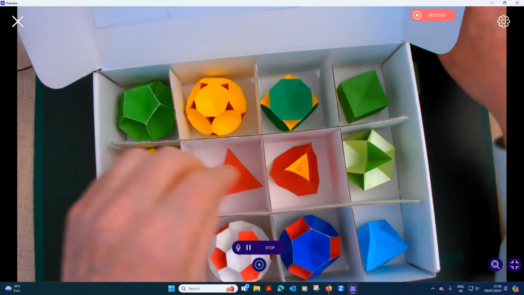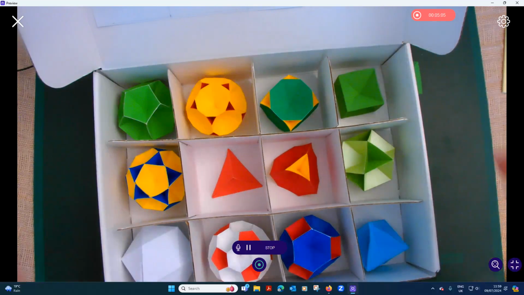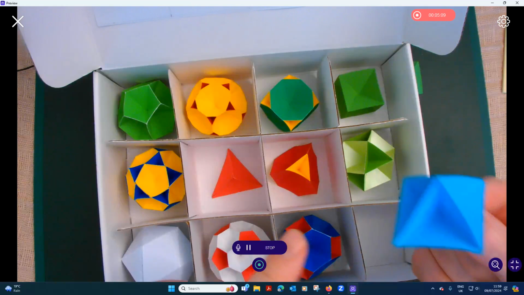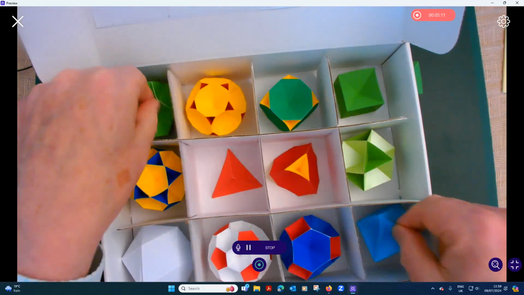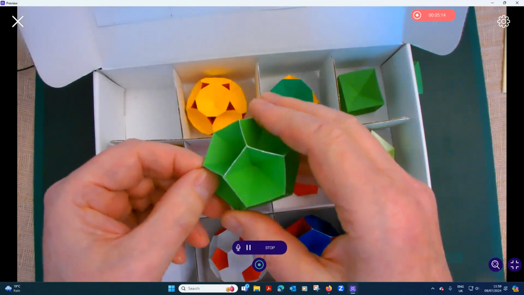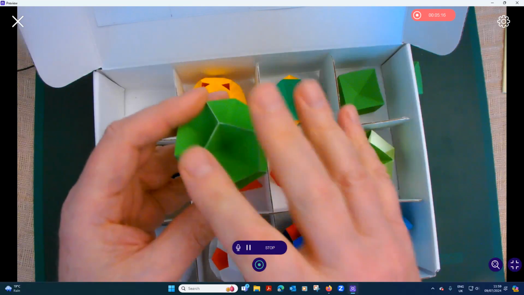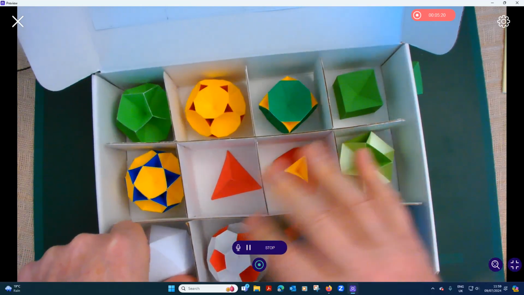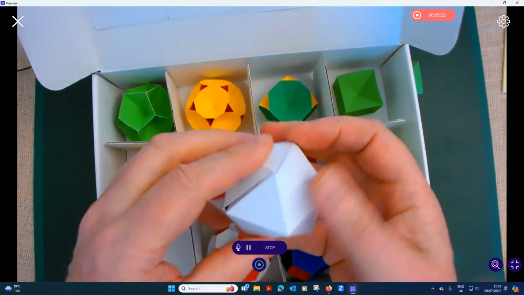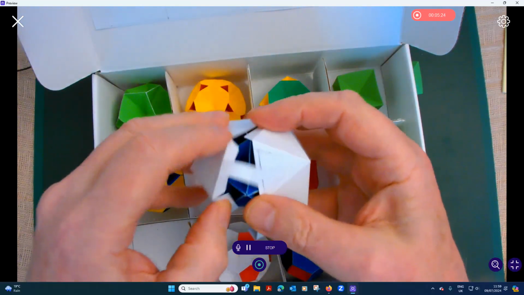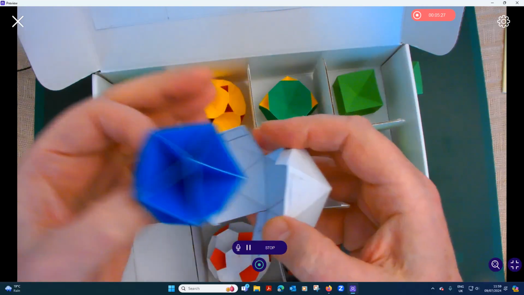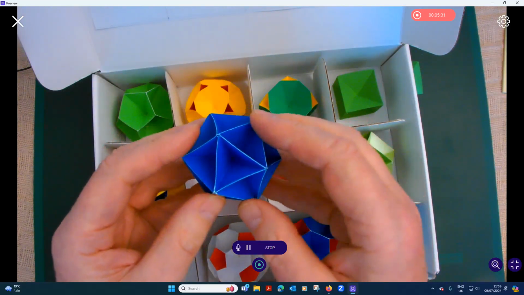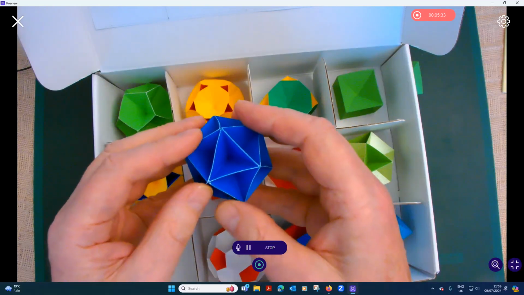If you have this one here, we've looked at it, it's the cube. It divides space into 6, this into 8, that's called the octahedron. This is the dodecahedron, divides space into 12, it's got 12 faces, each pentagonal. And the last of the Platonic solids is the icosahedron. In its housing, if we open it up, you can see here it is. It's got 20 faces, so it divides the whole of space into 20